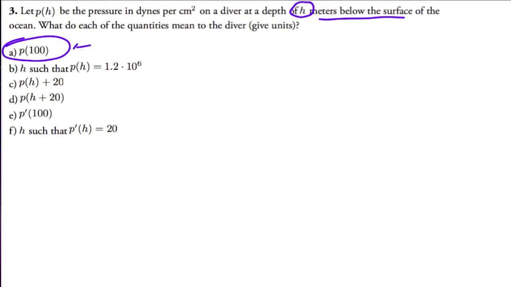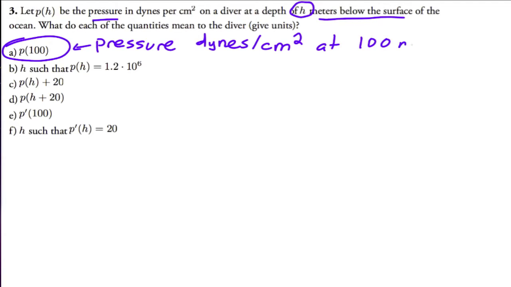So when you plug in 100, this is going to be the output, which is the pressure. The pressure in dynes per square centimeter at 100 meters, at a depth of 100 meters. Okay. Now the next one,